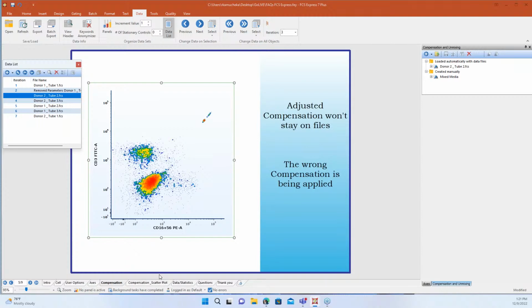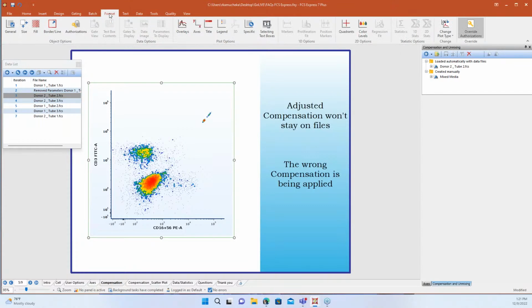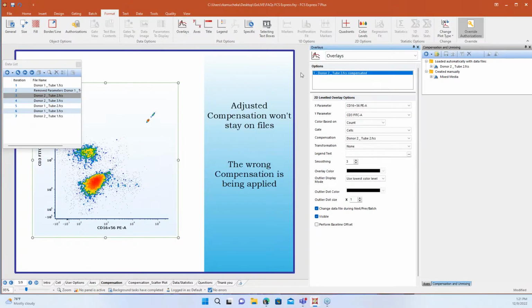Because you're right, this is usually where people think, oh, I didn't realize I had to make something a default. I didn't realize I had to do this because I'm using the comp from the instrument. But as soon as you make a change to it, it becomes manual, and so you just need to make sure you apply it correctly, and then it works pretty well. I love that. And then another place that you can see what compensation is being applied, if you're looking at your data and you're like, I don't think this is the right compensation, in our format window under overlays, it is going to tell you what compensation is being used.